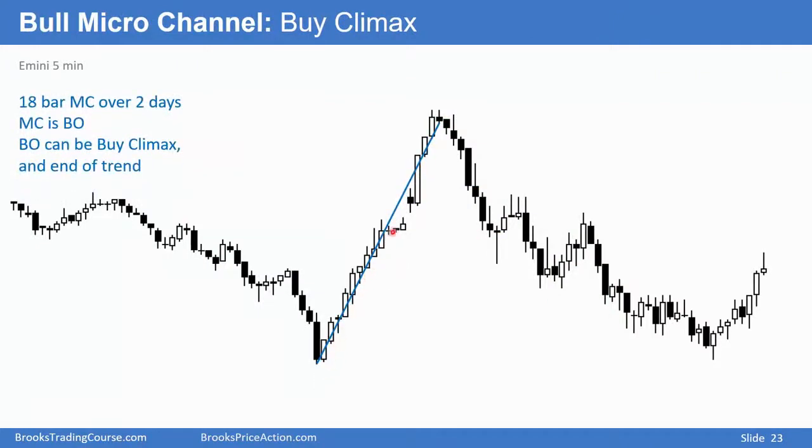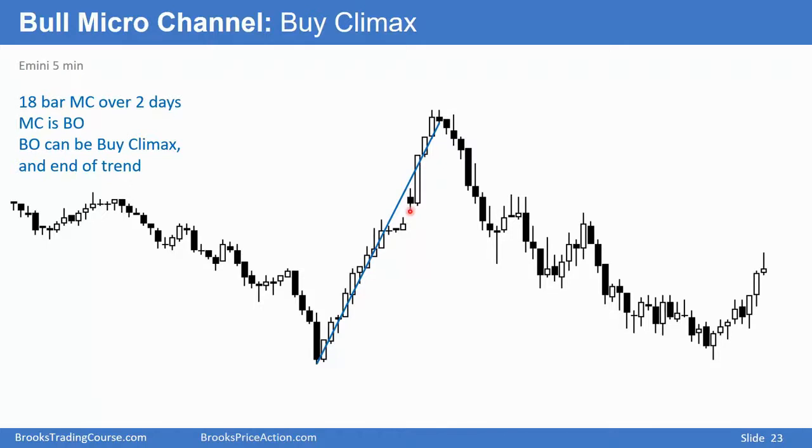Look at this. This bar did not pull below that bar's low. We did not get a pullback until up here. This is an 18-bar bull microchannel. Will traders buy that low? Well, they might, right? First pullback. However, this 3 bull bars, big bars closing on their highs, you have an unusually strong bull breakout late in a bull trend. It increases the chances that this is an exhaustive buy climax and the end of a trend.